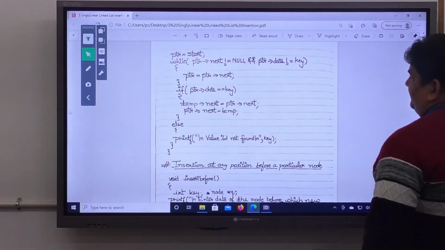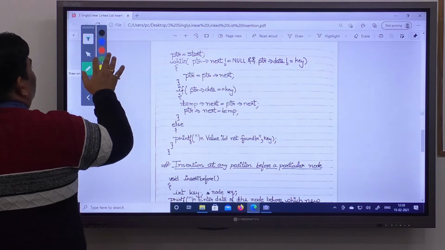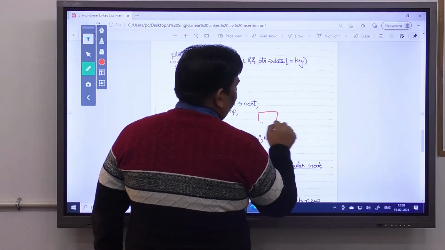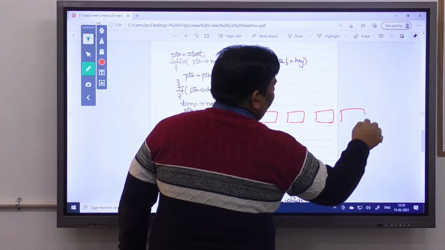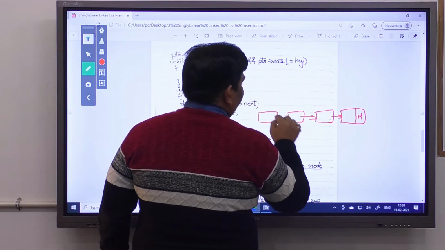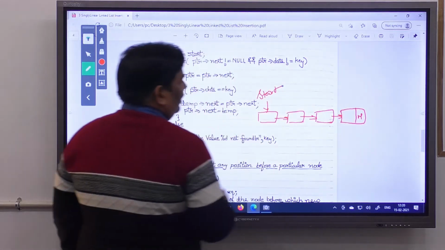This is a case. We can have a previously defined linked list, let's say this one. Let's say we have 4 nodes, and your start is pointing here.